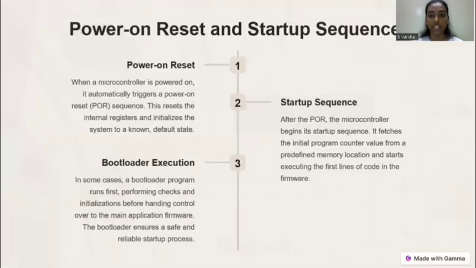Power on reset and startup sequences. Power on reset. When a microcontroller is powered on, it automatically triggers a power on reset (POR) sequence. This resets the internal registers and initializes the system to a known default state. Second is startup sequence. After the POR, the microcontroller begins its startup sequence. It fetches the initial program counter value from a predefined memory location and starts executing the first line of code